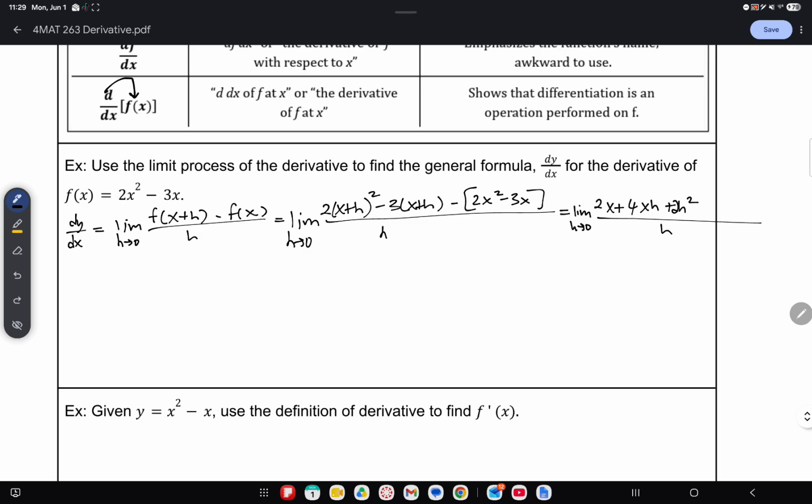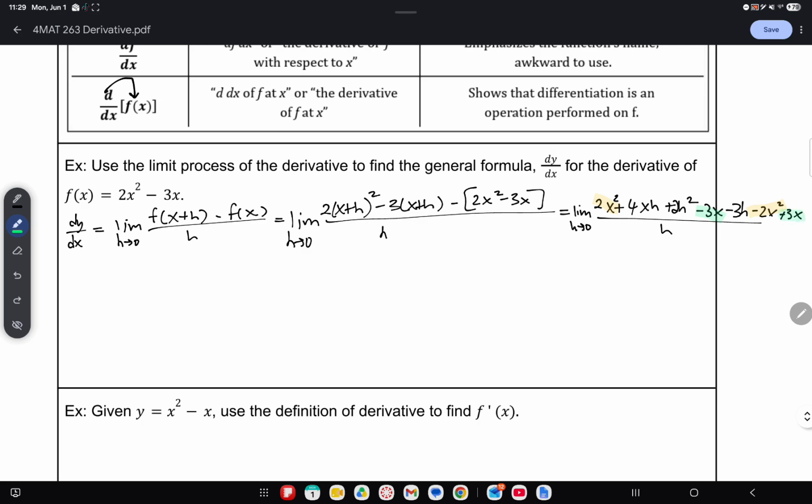Then I need to distribute the 3, so minus 3x minus 3h, and then I'll distribute the negative on that last piece, so minus 2x squared plus 3x. And I bet you I have some things that can cancel. Oh, you probably caught it before I did. That should be an x squared. So 2x squared minus 2x squared